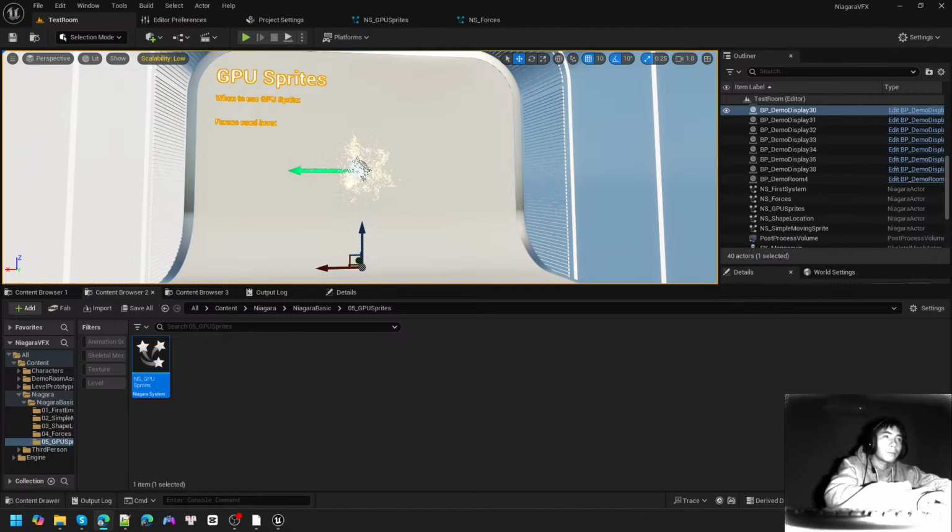Try to think to use GPU sprites here or anything else that you think are